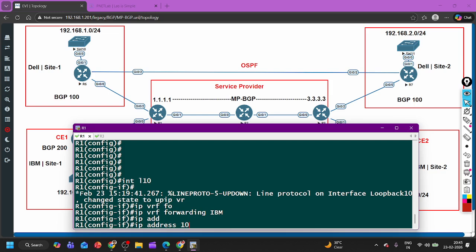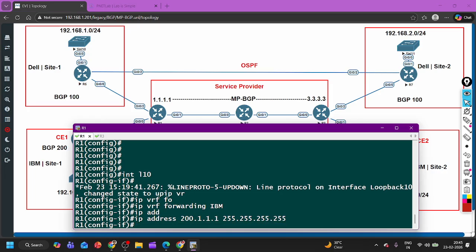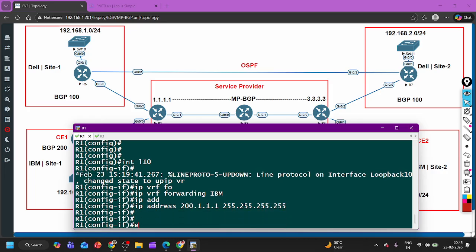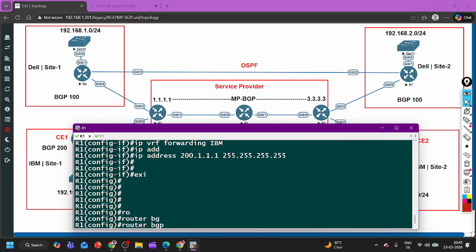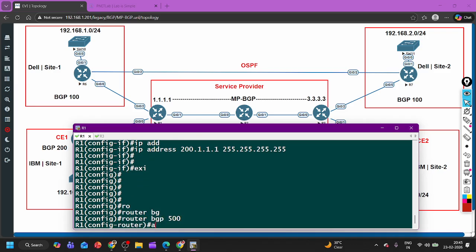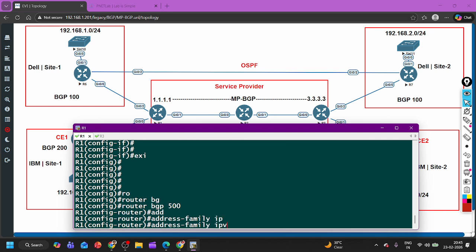IP address, let's say 100.1.1.1 255.255.255.0, or 200. I think 100 is already running somewhere. 200.1.1.1 255.255.255.255. Then router bgp 500, address-family ipv4 unicast vrf